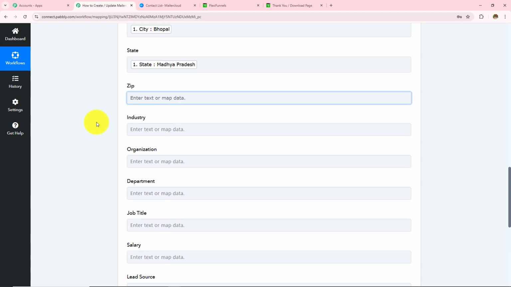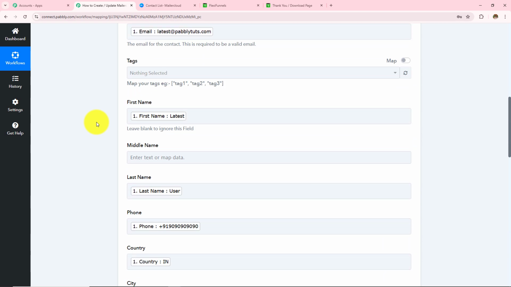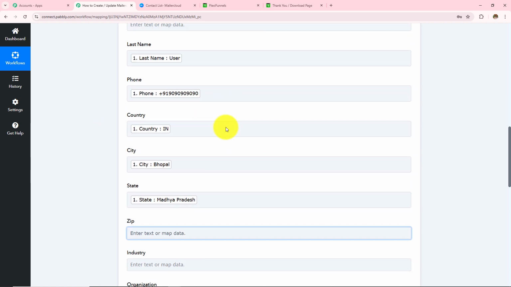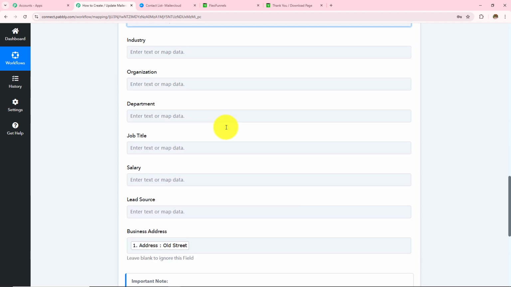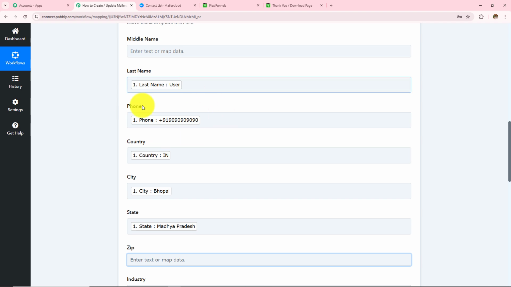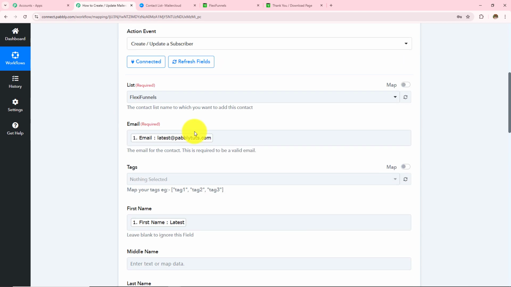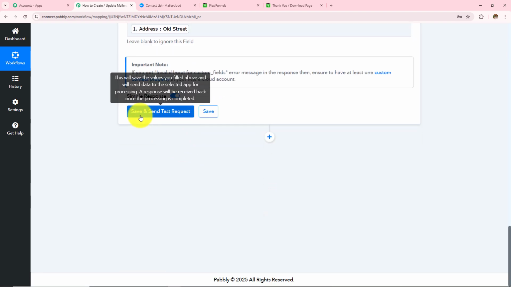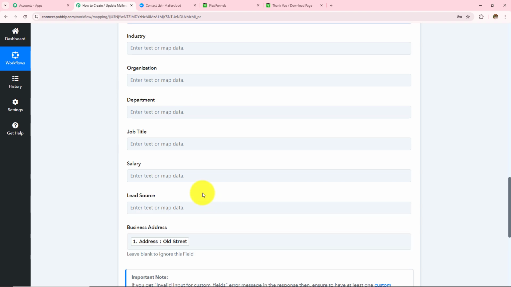Now over here mapping is important so that every time you receive a new response, it is taken into consideration in these fields. Manually entering the data will make these fields static and the information will not change even if you have received the new response. Over here, if I manually enter any detail, this field will become static, and every time I receive a new response, the result will not change. So as to keep these fields dynamic, we use this process mapping instead of manually entering the details.